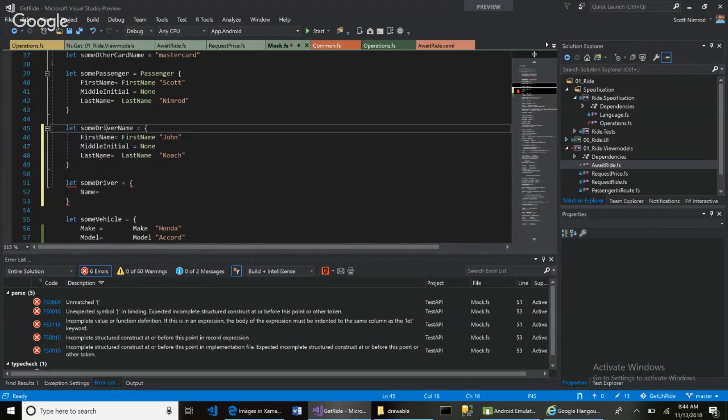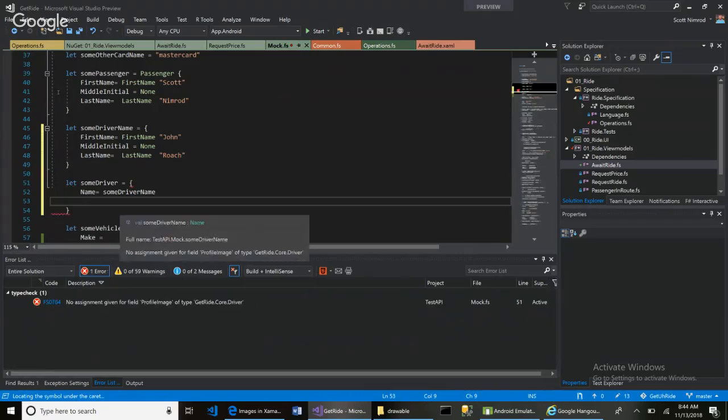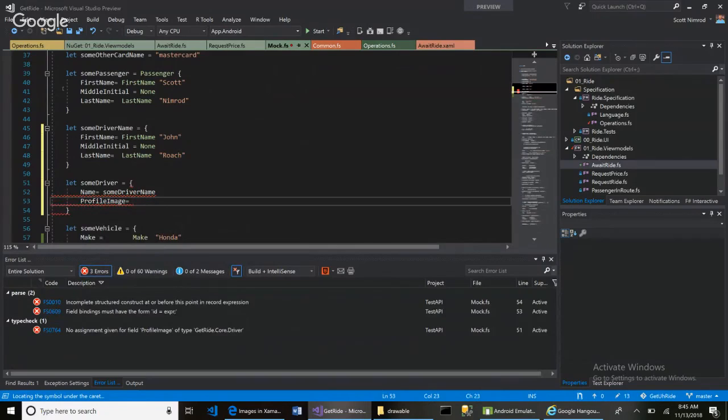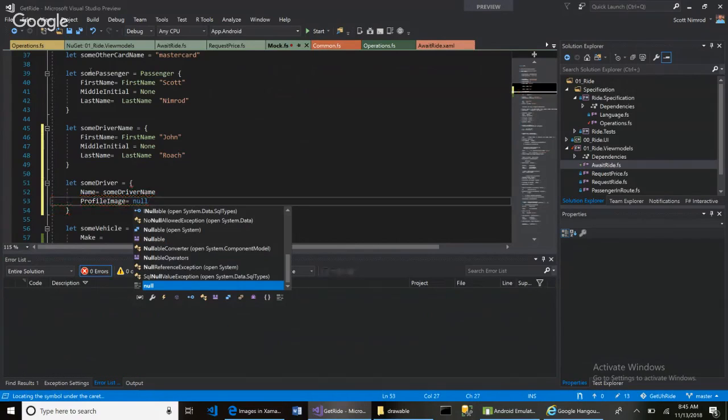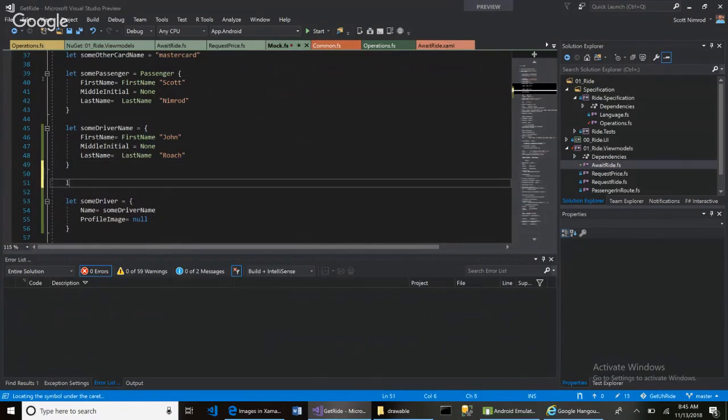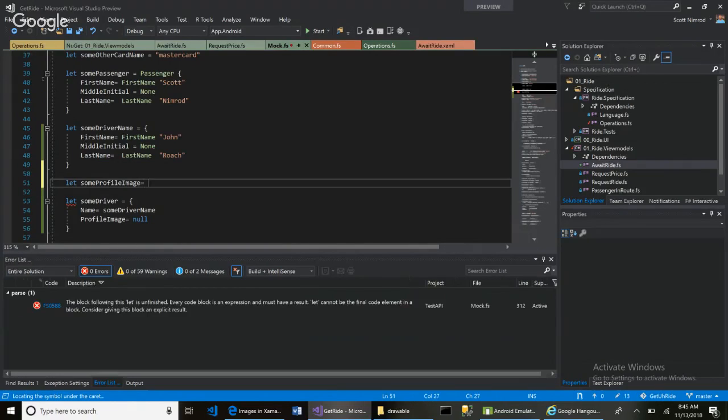Something like that. And then we can say profile image equals, and that is going to be let some profile image equals, and then to be like